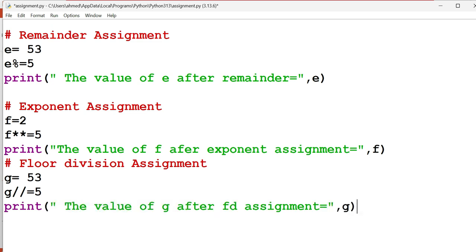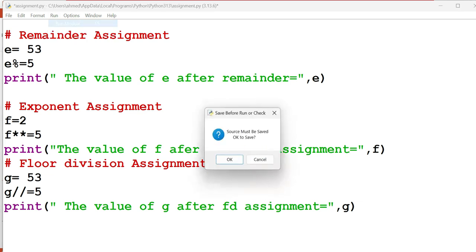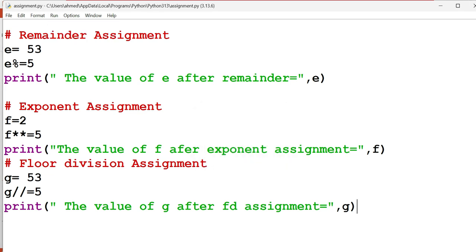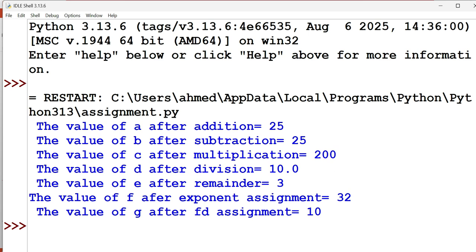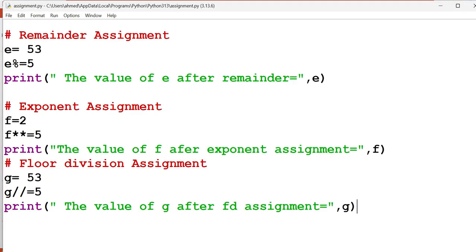For floor division assignment, we have taken the value g equal to 53. After floor division assignment, the value we can check on the screen. The value of g after floor division assignment is 10. What is the reason? When we will divide 53 by 5, so 5 10 times 50, and the remainder will be 3. So answer should be